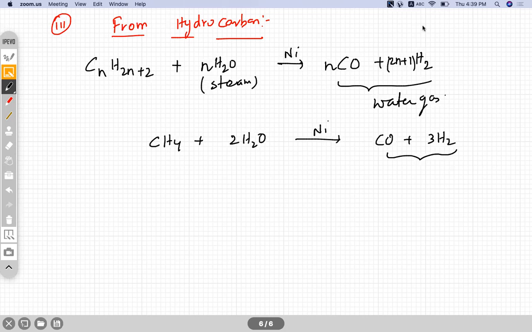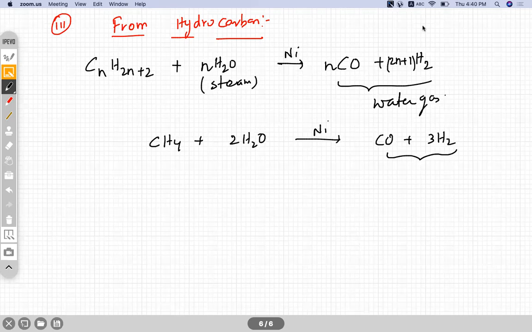Partial oxidation is there because the complete oxidation of hydrocarbon is a bit difficult. It's not like we cannot achieve it, but complete oxidation happens at very high temperature. And at that temperature, maybe the CnH2n plus 2 decomposes. It dissociates into carbon and hydrogen again, which is the next method of preparation we have.